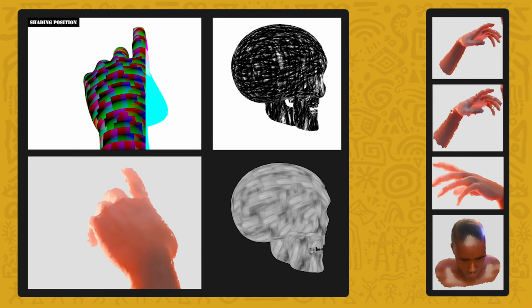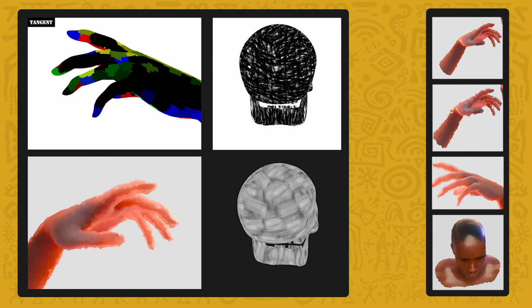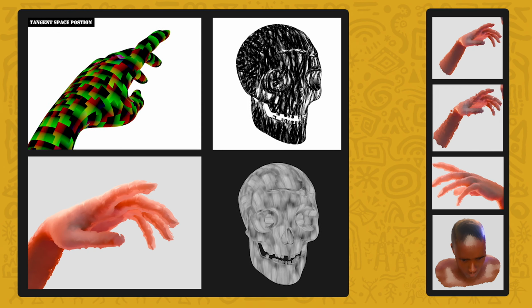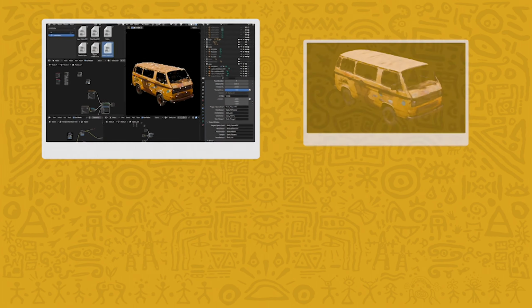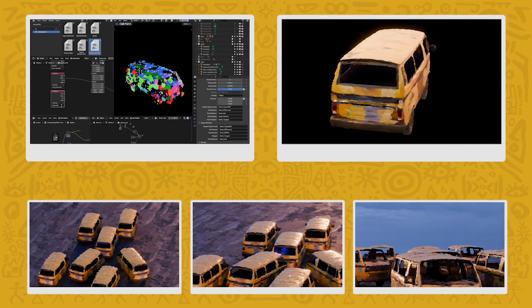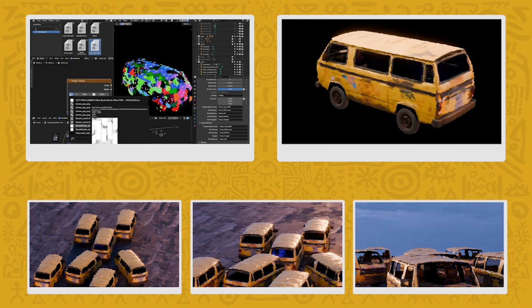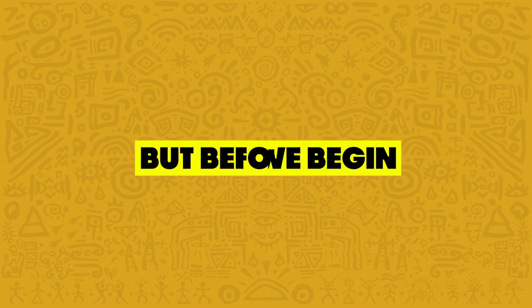This means that it does not create new geometry for each brushstroke, and it also doesn't clutter the scene with thousands of quads, which can get quite distracting when working with large scenes. And in this video, I'm going to demonstrate how it works and how you can use it to stylize your own renders. But before I begin, I would like to quickly mention a few things I think you should